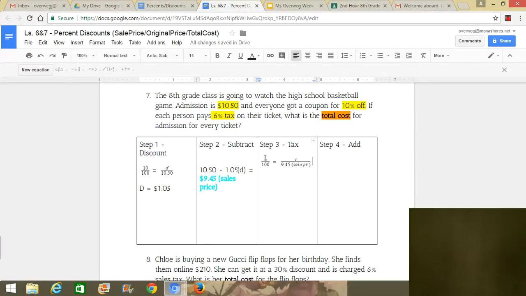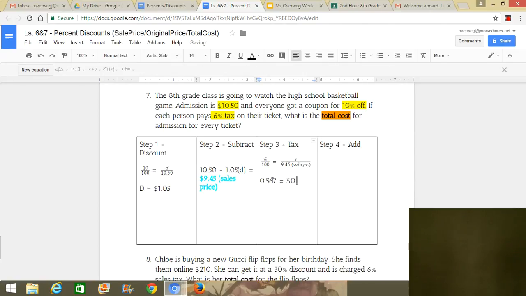So we're going to do 6 times $9.45 and divide by 100. So get your calculator and do that with me. 6 times 9.45 divide by 100. Oh, that is a weird decimal. This is what I got on my calculator. I got 0.567. Now as money, that equals,